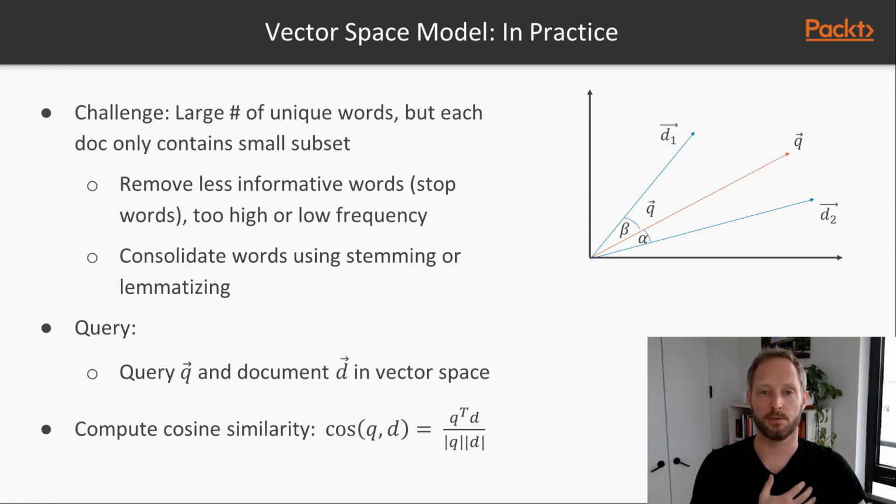Another approach is to use stemming or lemmatization, which essentially reduces words to their common roots. So, for instance, verbs get reduced to their common roots, especially in lemmatization, which takes into account irregular verbs and applies grammatical rules, whereas stemming is a more brute force approach that simply takes a given set of endings and just chops them off. But all of this has the effect that the number of unique tokens becomes less and the length of these